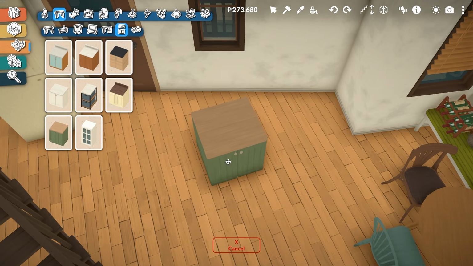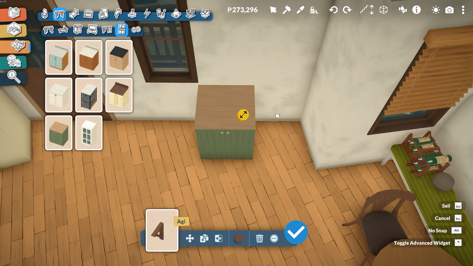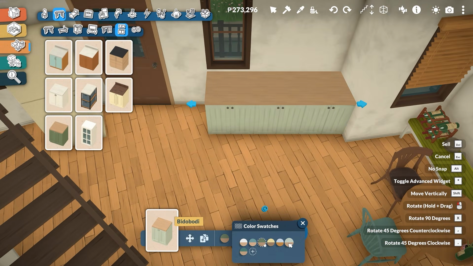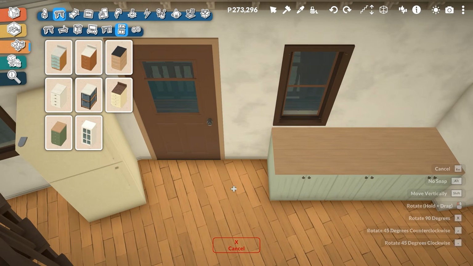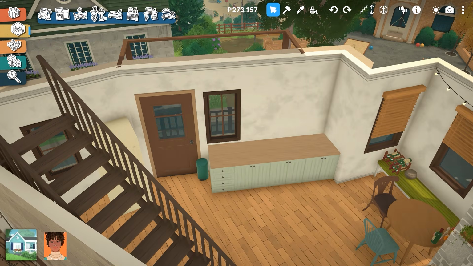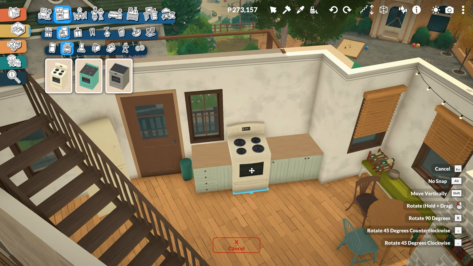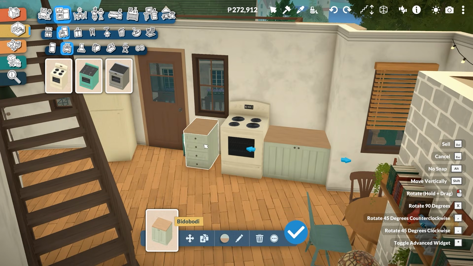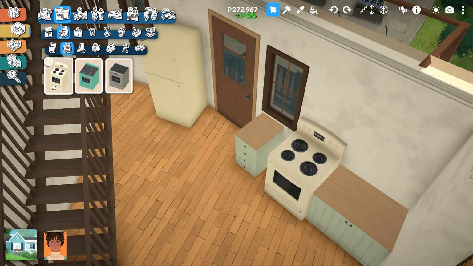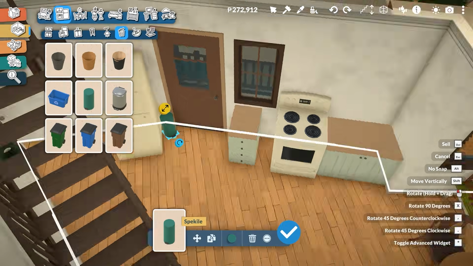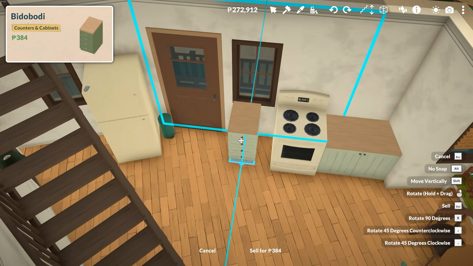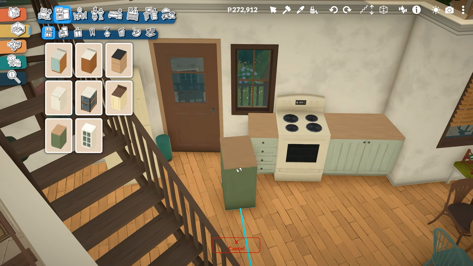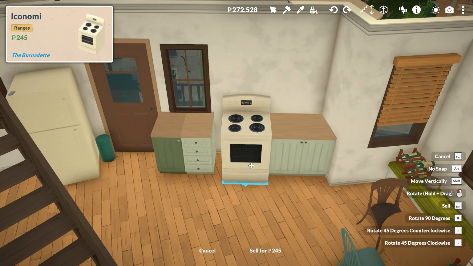I don't think the paras are able to spot a piece of counter that they can use for preparing food, so they're unable to make anything. I sent the para to the fridge. One thing, I don't really play the game much as far as the live mode is concerned, or live mode if you're a weirdo, but I always throw a para into a place like this, or throw a sim into a place like this, and just have them move around and interact for a few moments, really just to make sure that pathfinding works and that I haven't built anything that isn't usable, because my plan is to put these up onto the workshop and let people download them and have fun with them.